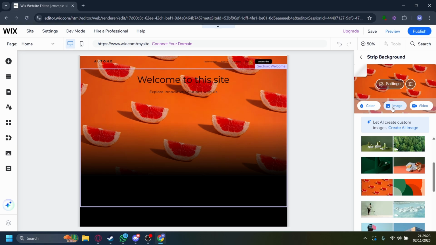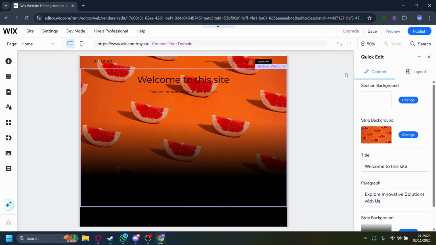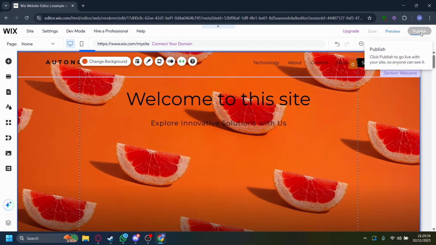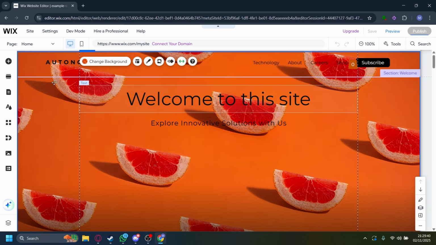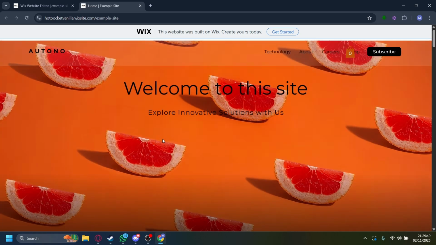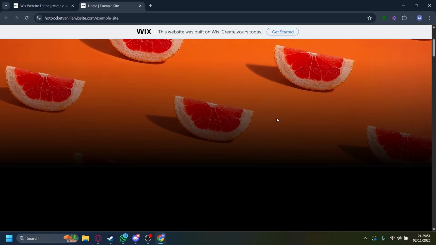You can also use images. You can upload your own if you'd like by pressing on this button. Now, this will be the most very basic setup of your website here. You can publish it by clicking on this blue button up here. And then once you publish it, it'll open up and then it'll load in. Now, there's a lot more to Wix than just this. Now you can see the site is published and online. If I tap on view site here, you can see it'll actually be online and your website is set up